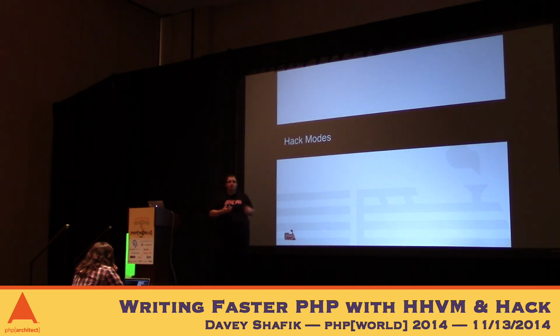So Hack modes, this is really important. There are 3 modes. The first one is partial mode. This is the default. So basically this allows for gradual typing. They understand that you're not just going to magically have a Hack code base. So partial mode allows you to put in types where you're writing new code and it will be strictly adhered to by the static analyzer, but not everything must be typed. It also means that you can call into regular PHP code without even converting it to Hack, and it will work. It won't give you any kind of error.